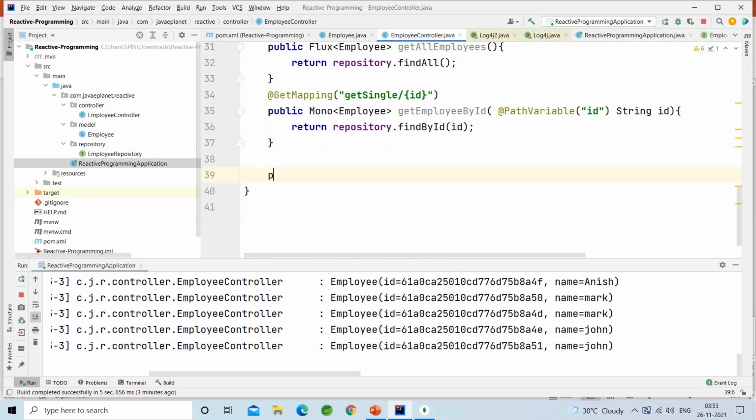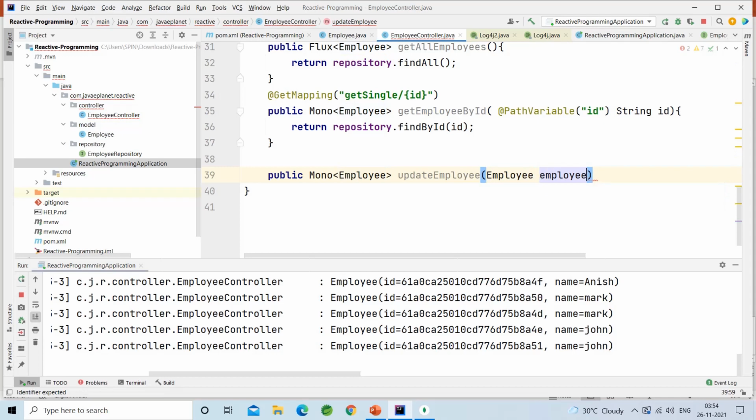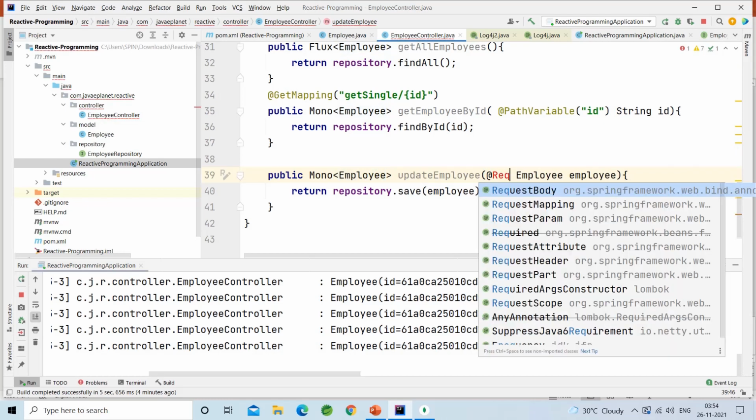After this, public Mono, that takes the single employee, updateEmployee. Return repository.save employee, @RequestBody.